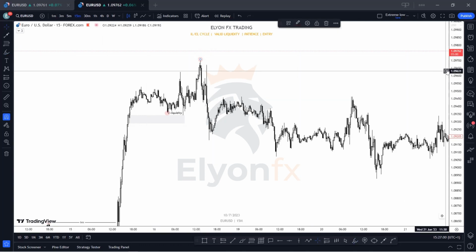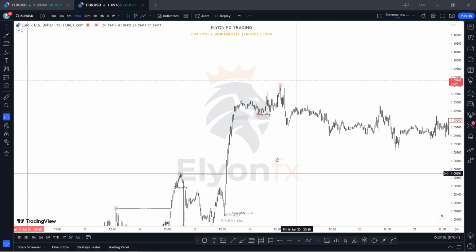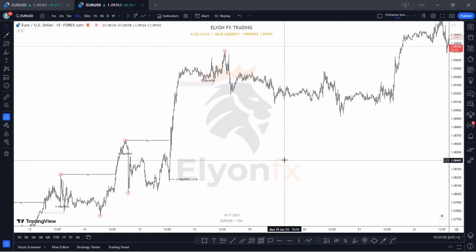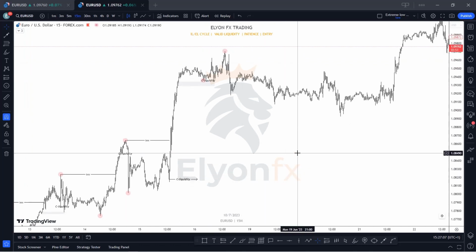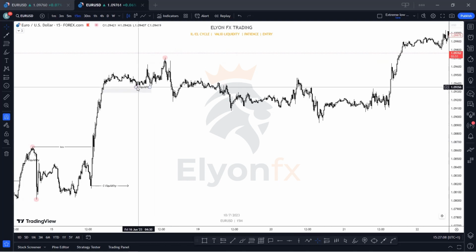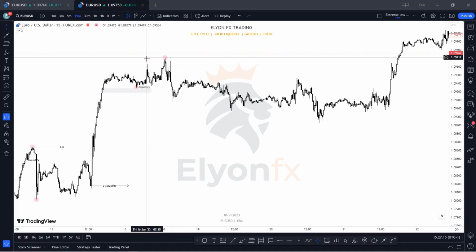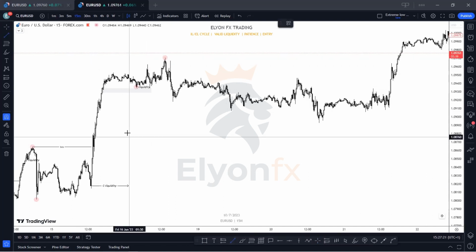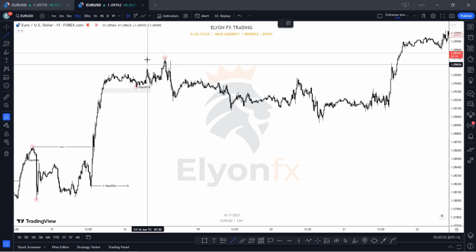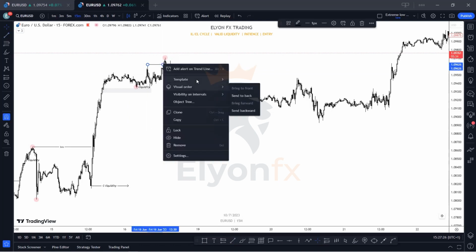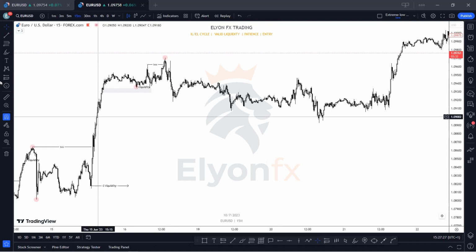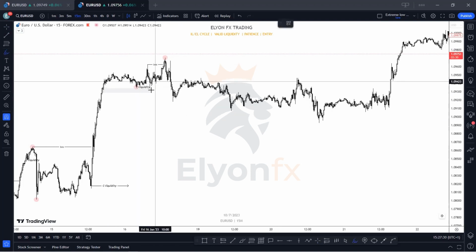But this is an example of how I'm able to identify which liquidity is valid, which liquidity the market is going to take. So, and as you can see, after the market took out the chalk liquidity, which is the internal liquidity, we did what? Took out the external. We took out the external. Bang. So after taking out the external, let me just annotate what we have. This is what we have. We had